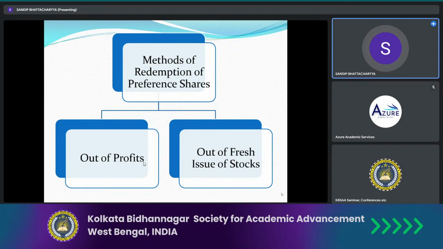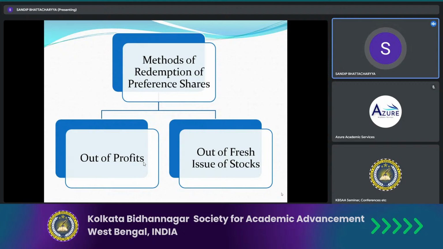Now, if I am to issue preference shares at the time of redemption of the existing category, first I need to mention that I cannot issue 6% preference shares because they have already been issued and are now at the time of redemption. So I can only issue a different category, either below 6% or greater than 6% preference dividend. That means I am not permitted to issue the same category of preference share, for managing liquidity sources. It can only be a different category.